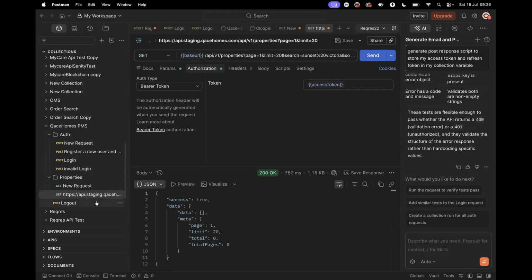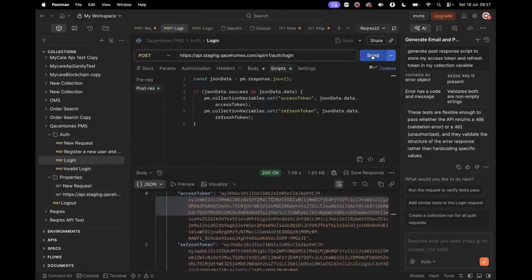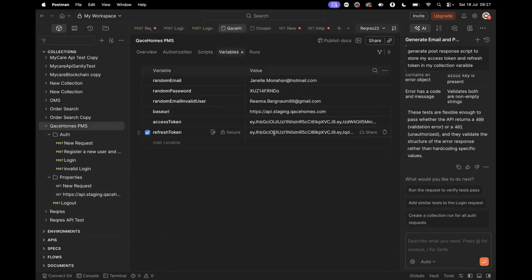Like I said, let's say this token eventually expired. Maybe I left my computer for 30 minutes and now it's expired. All I need to do is go back to login and send the login request again. This new access token is automatically saved here for me, so I don't need to be changing the access token up and down. Now, to automate,